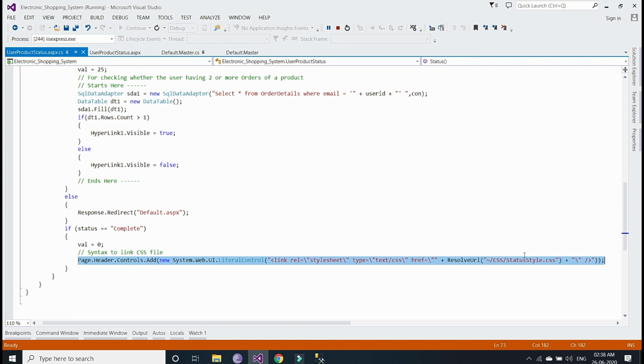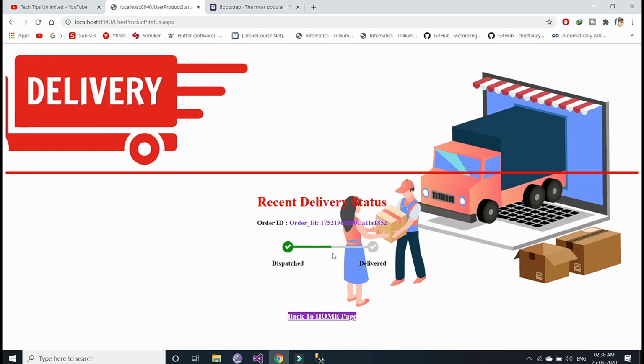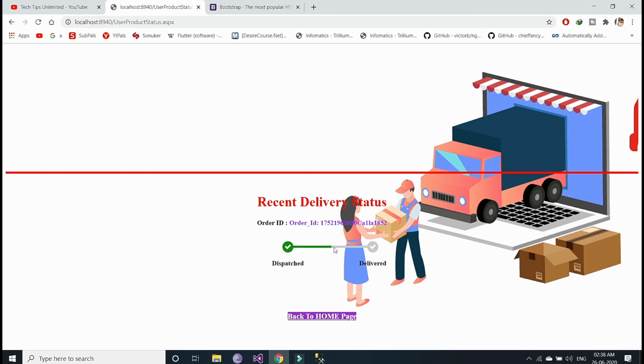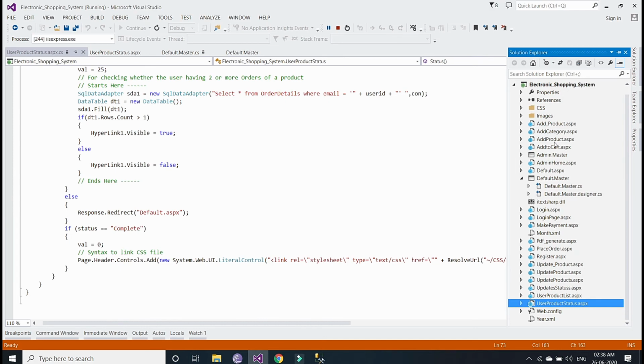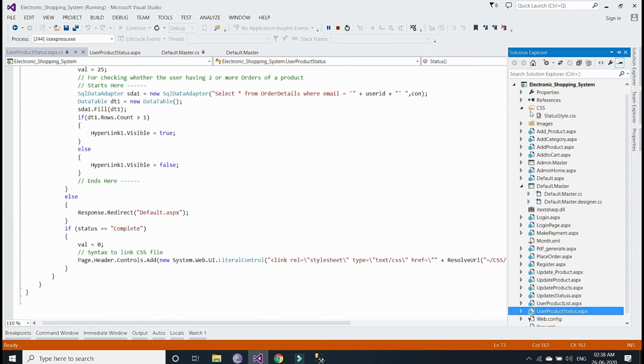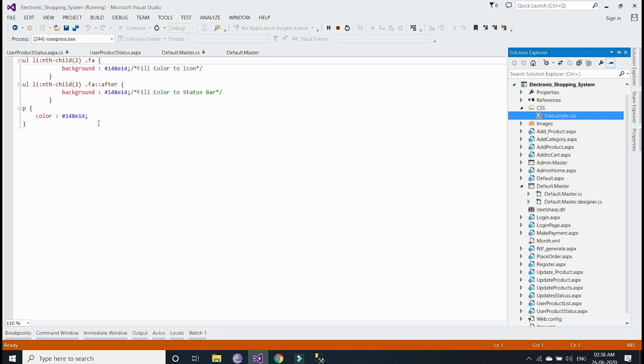Inside that, I have done the styling for completing this whole grid for the progress bar. I have provided it in the CSS folder, where I have taken one CSS and provided this style.